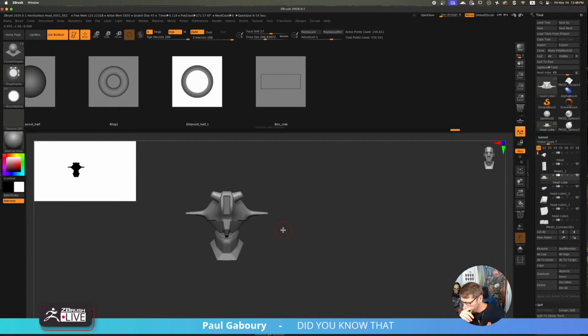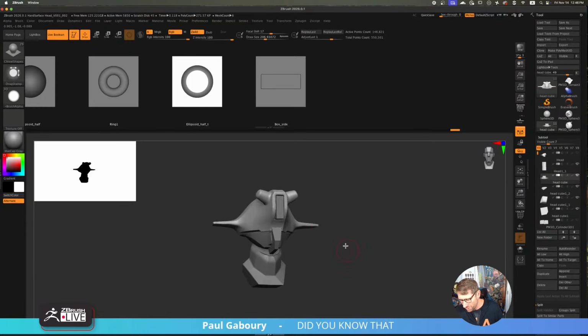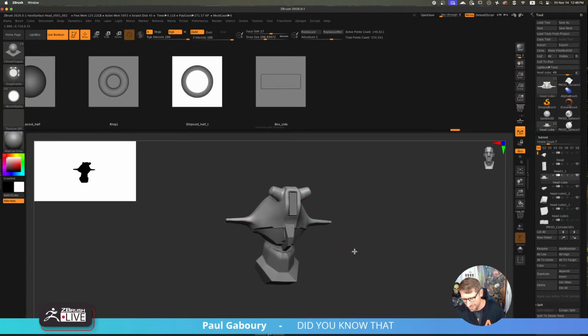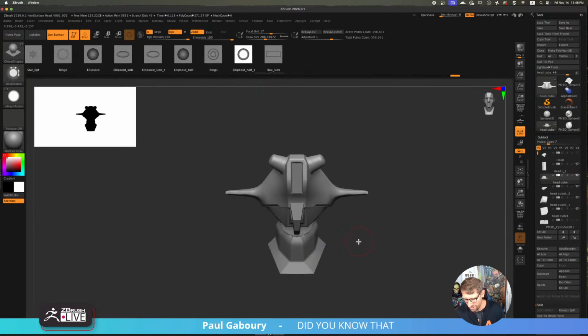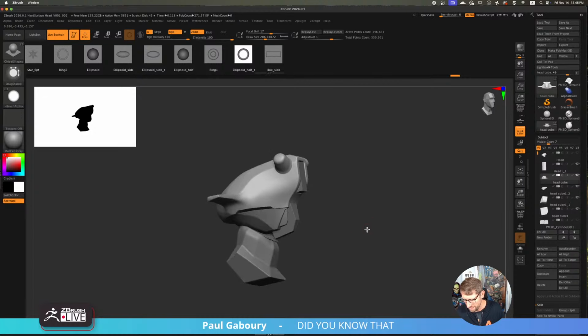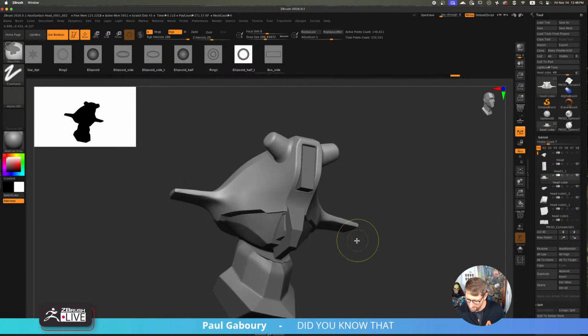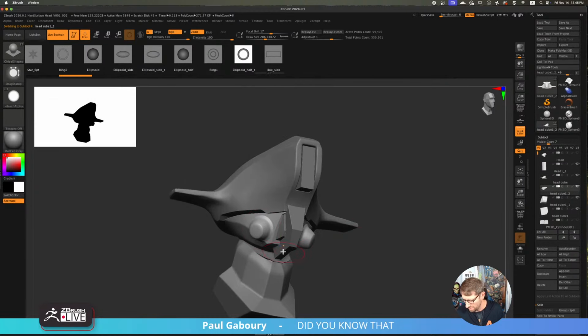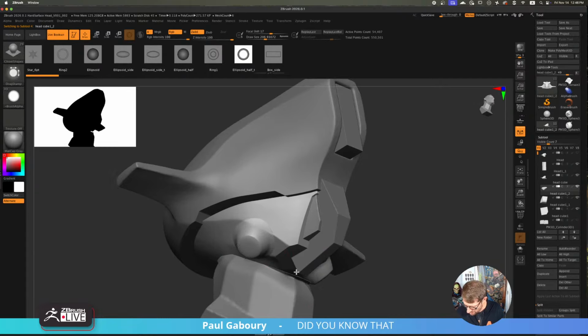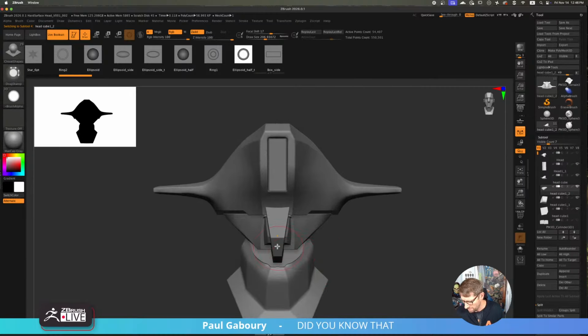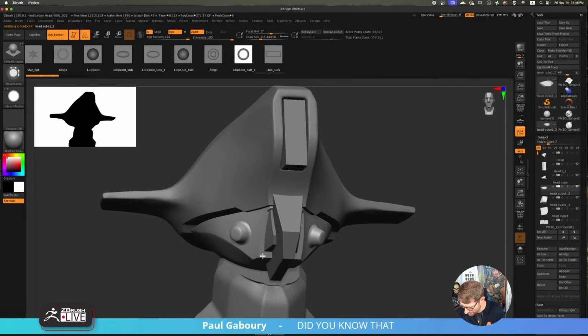It looks a little weird maybe because I got this going and this going. Let's look at that silhouette a little bit. I don't know. It's kind of interesting, right? You can do it down here. Almost like some kind of apparatus, breathing apparatus for him.